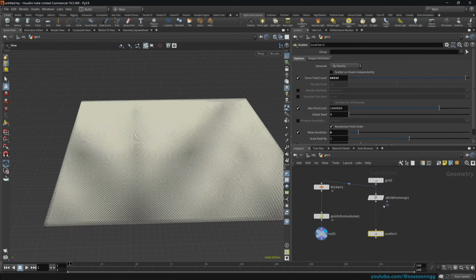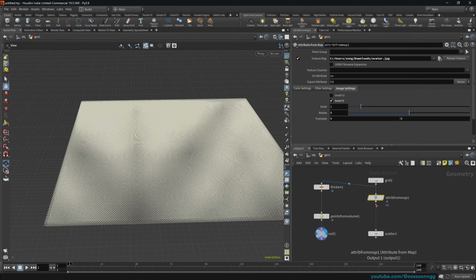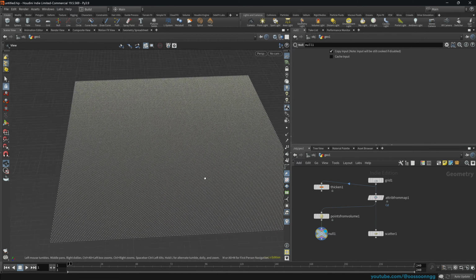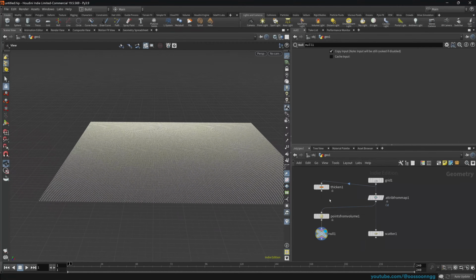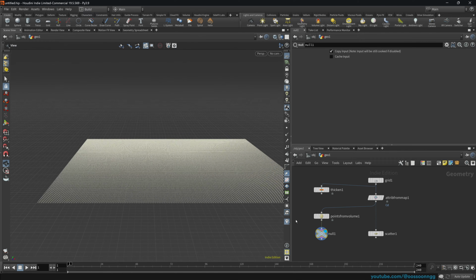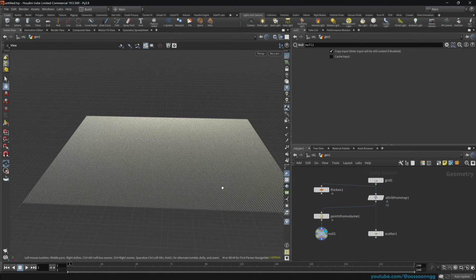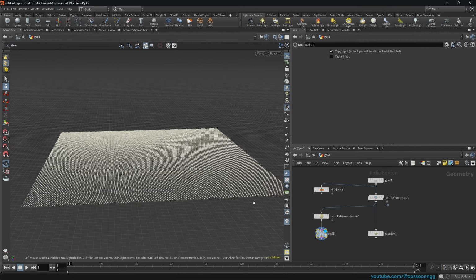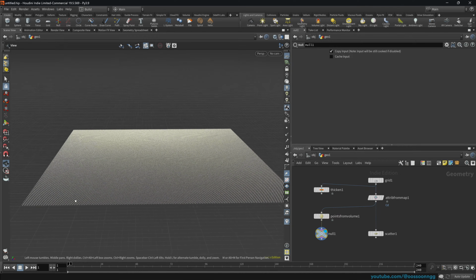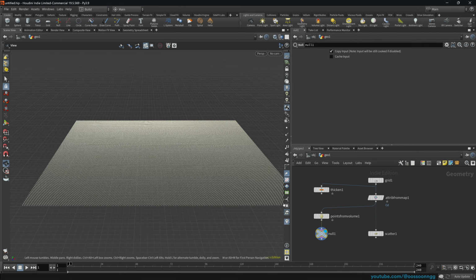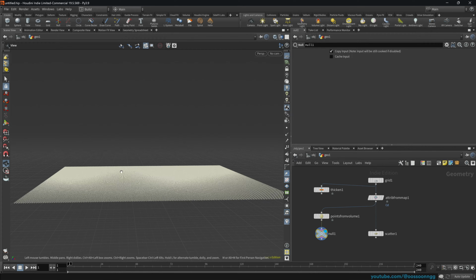Because if we feed the attribute from map to the points from volume, we'll see that it actually doesn't inherit, because it goes through the volume, and volume doesn't inherit the color. And the point is that there is another effect I wanted: I want the projection to be kind of saturated in the middle and a little bit blurred out on the top layer and on